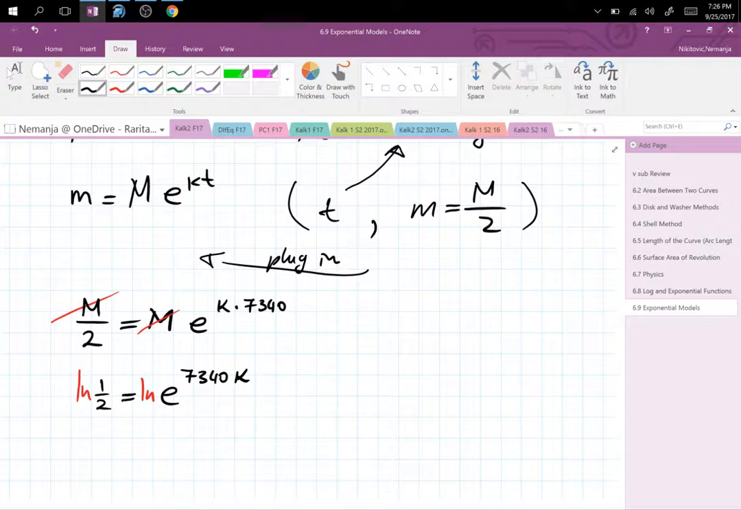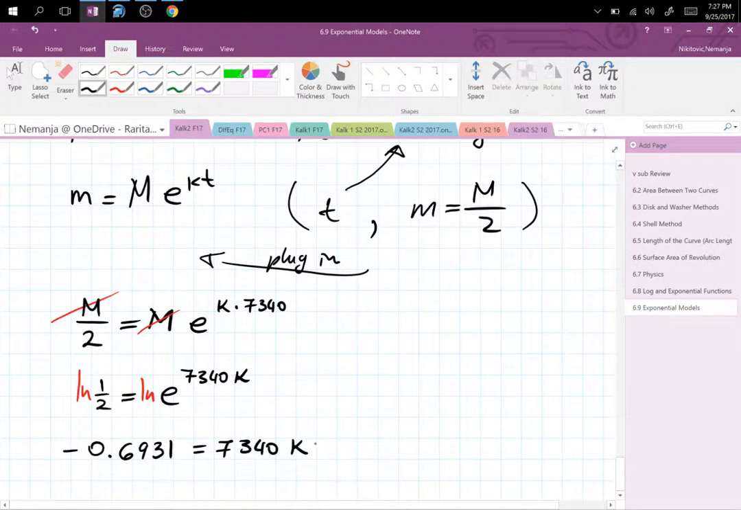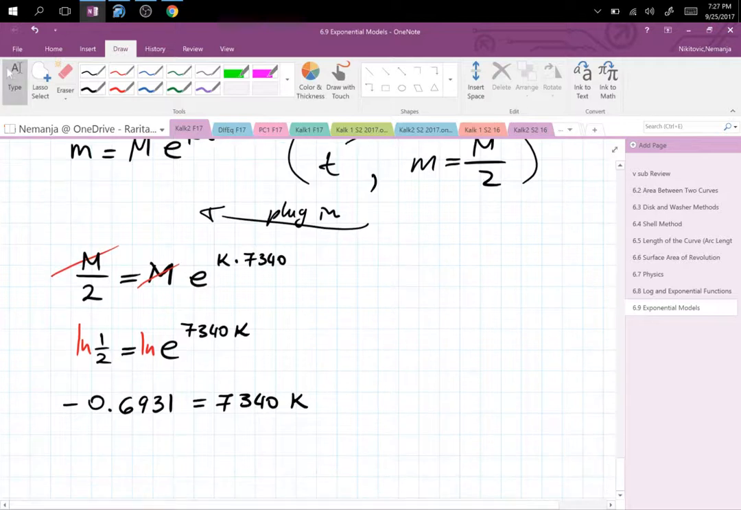Well, on the left-hand side, ln of 1/2 is negative 0.6931, and on the right-hand side you have 7340k. Again, ln and e cancel, and then you divide this number by 7340 to get k equals negative 0.123409443,